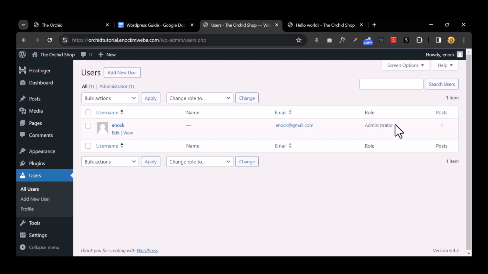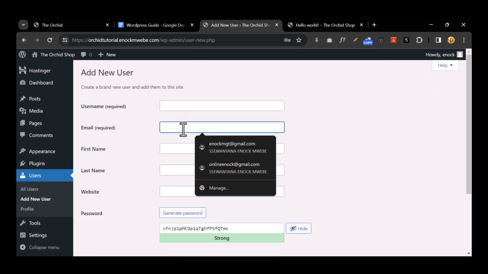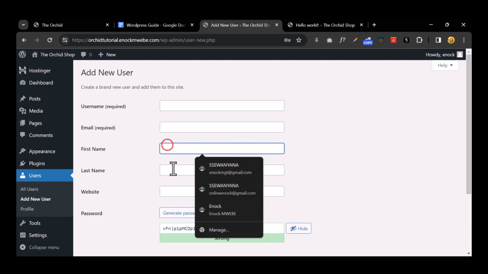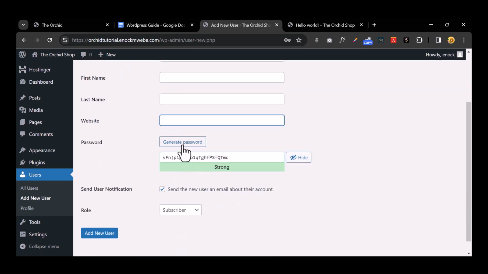Okay, what I can do is that I can come here and click on add new user, and I can type in their username, create them a username, create them an email, or they can send me their email. I insert it here, and I put their first name, last name, website may not be necessary, create for them a password, and click add new user. Okay,